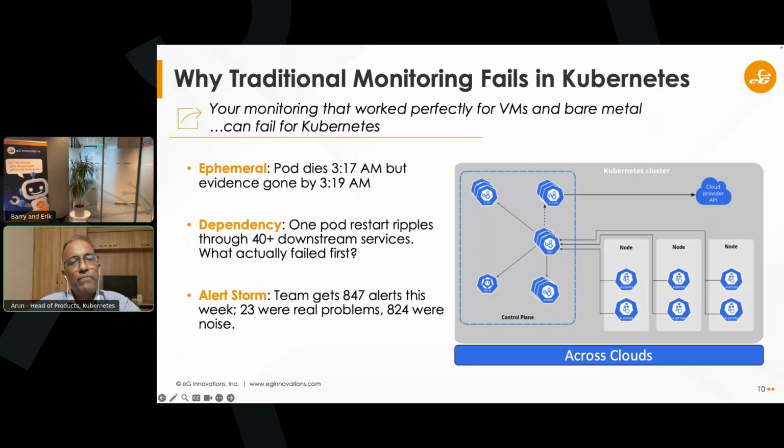That's true even in bare metal, on premises, or your traditional services. But when you mix in the fact that, for example, a liveness probe fails or a readiness probe fails, and a pod gets restarted, it will take some time for the upstream pods to recover from that issue. So there is this concept of cascading chaos that happens in Kubernetes.